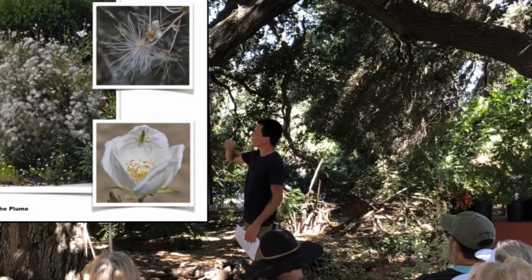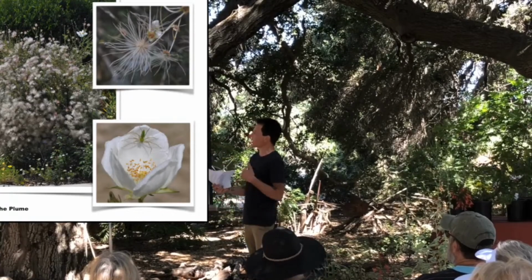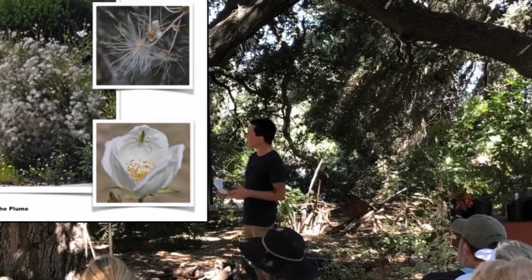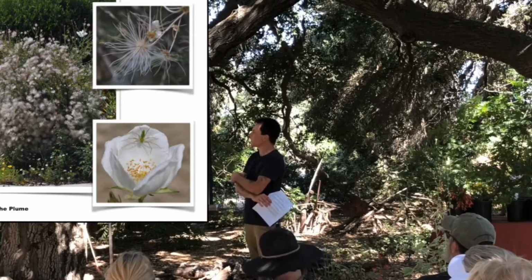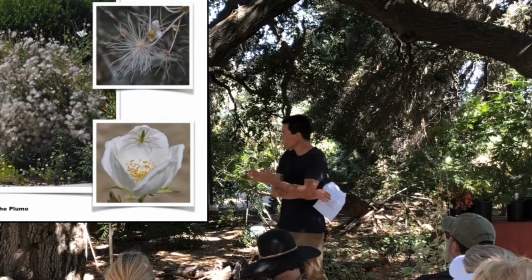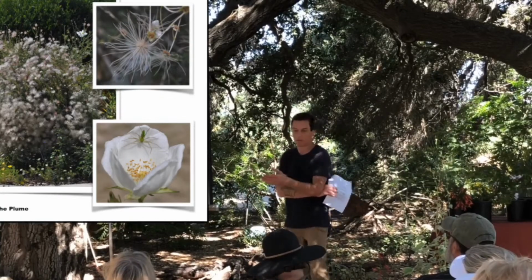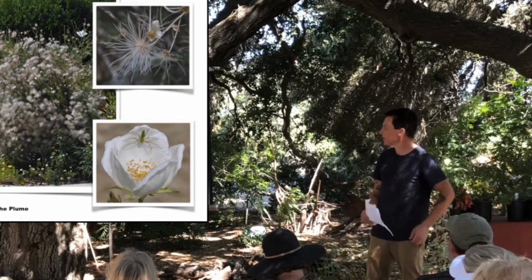They're just so fun to watch, and they'll do this all through summer. You'll get this process where you get a little bit more flowers and a little bit more plumes. A very good one too for pollinators, easy to grow, and you can plant this one in summer. Good for full sun, good as hedges. In the wintertime, when they fall into their semi-dormancy, they won't drop their leaves completely. They do